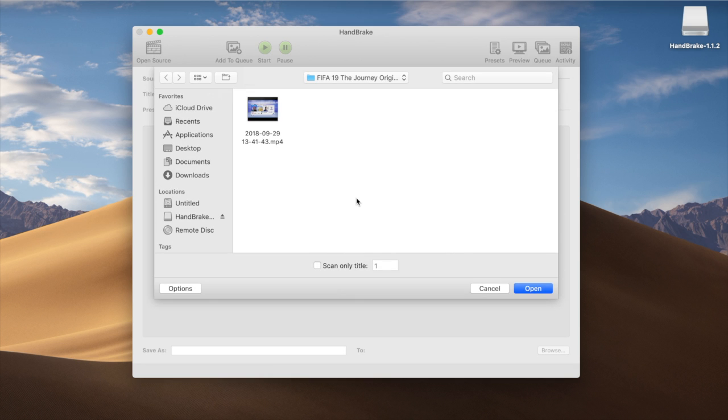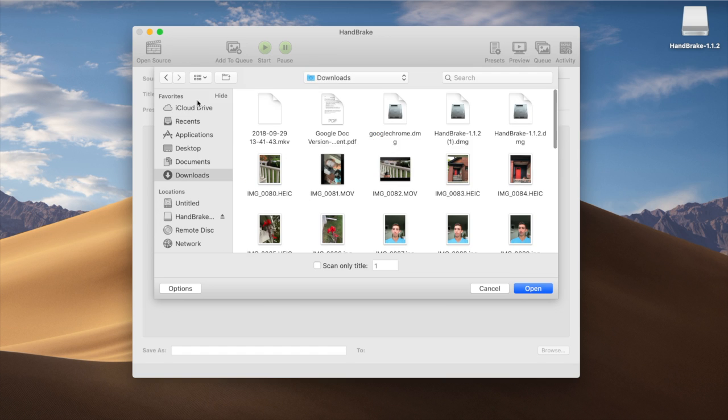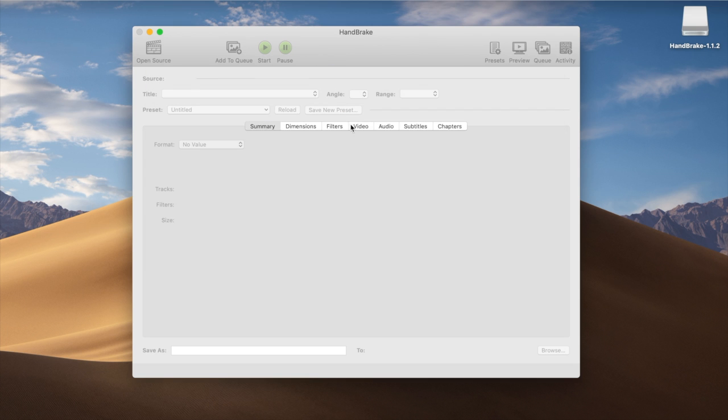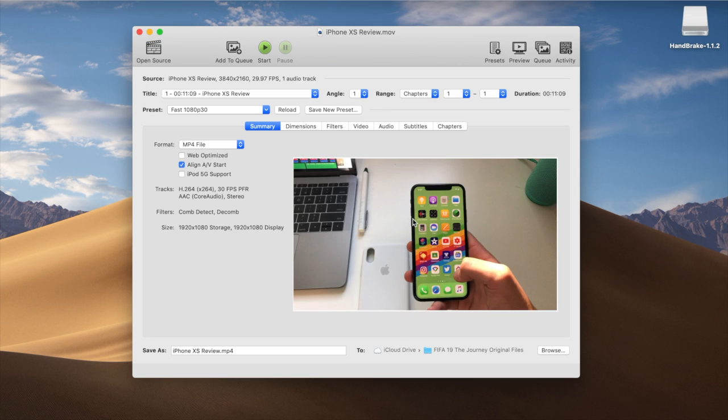So you can literally look through all the files on your computer. You could go through the files, whatever you want, and you could just take a file format. So we'll just go with my iPhone XS review. We simply put it into Handbrake, and right here we can see all the details that this video has been set to. And here at the bottom of the screen, you'll notice right here, iPhone XS Review MP4,